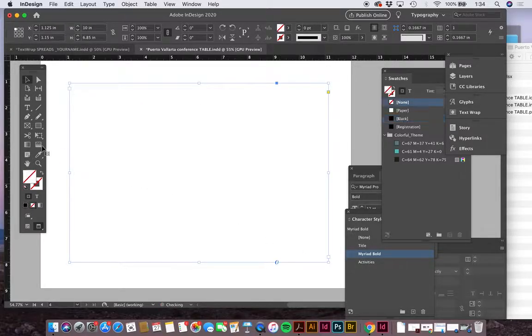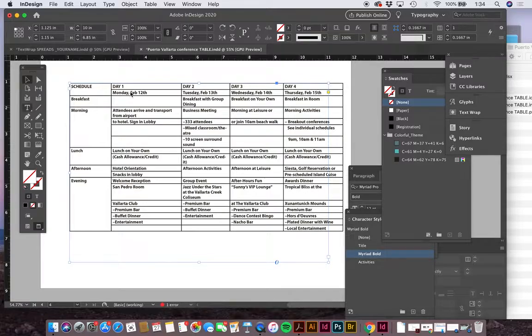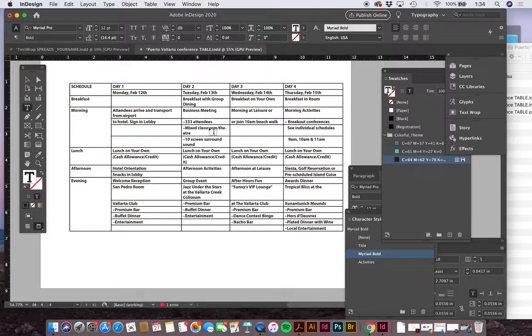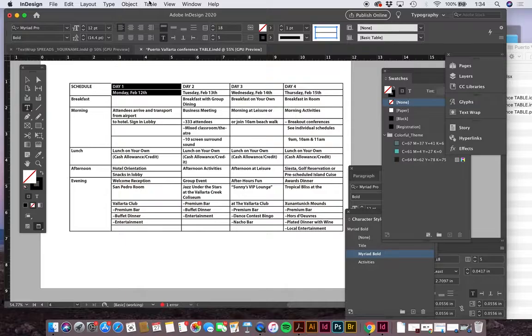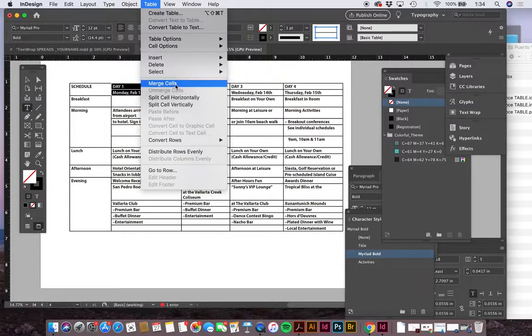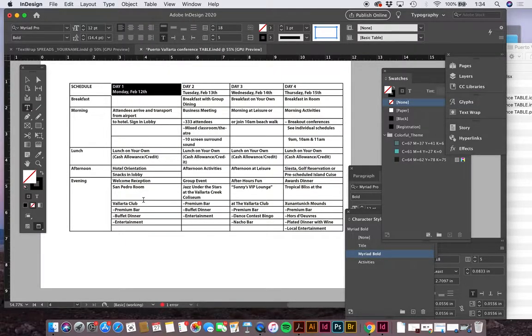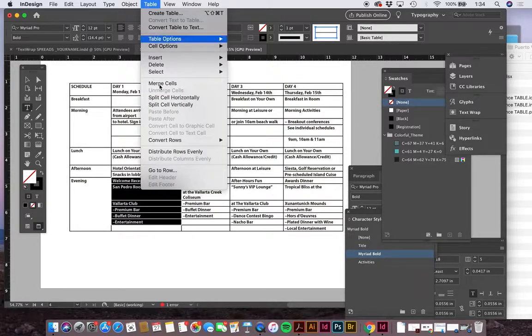So this is a little lesson too on what merging cells is. Some of these cells came in very separate, because maybe my client gave me an Excel file that wasn't quite as pretty as I wanted it. So I want to merge some of these. It's under Table, Merge. That is what that is for. And especially these areas of text down here, I would want to make sure I go to Table,